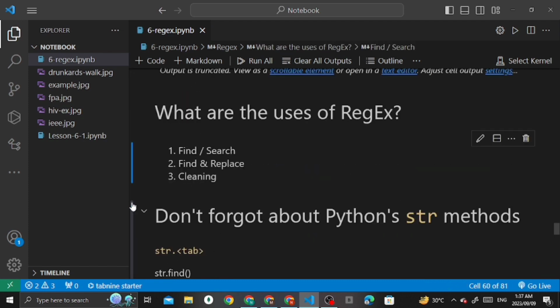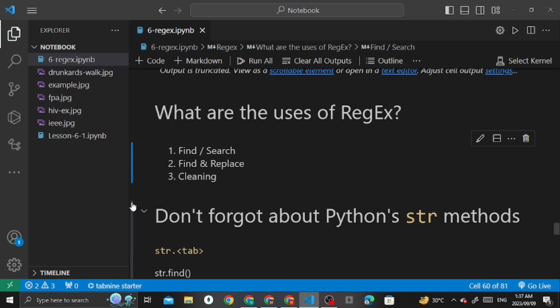So what are the uses of regex? The first use is find and search. Regex is used to locate specific patterns or text within a larger document or dataset, making it valuable for information retrieval. Then we have find and replace.